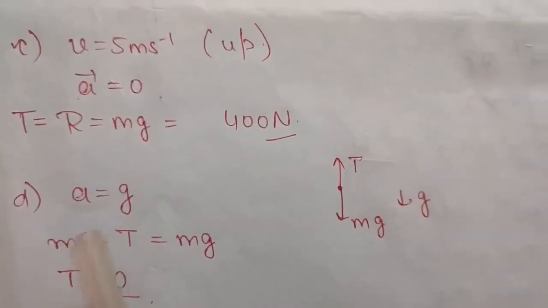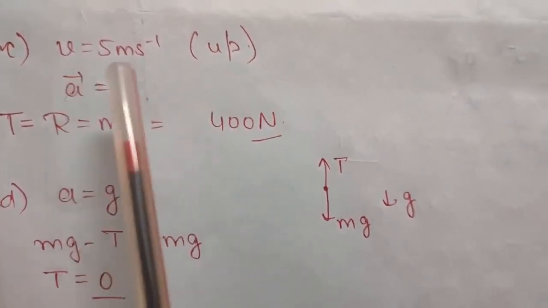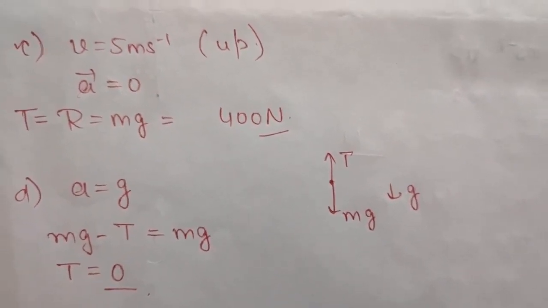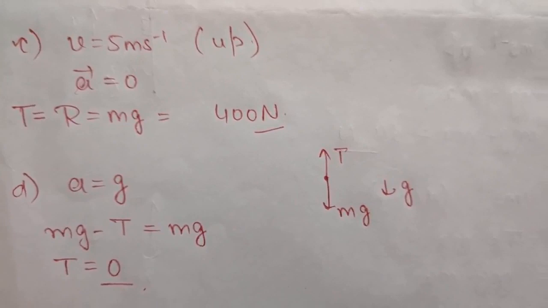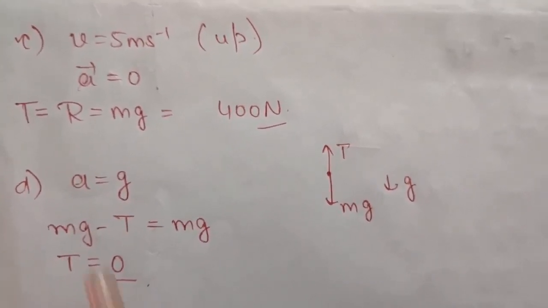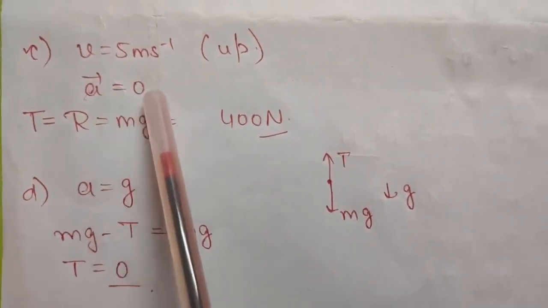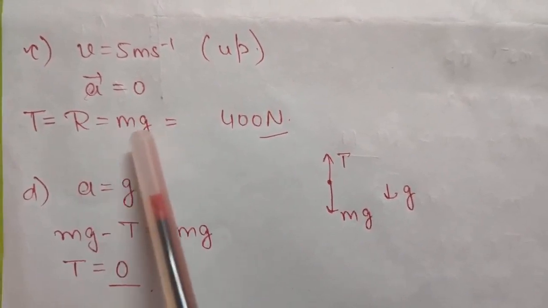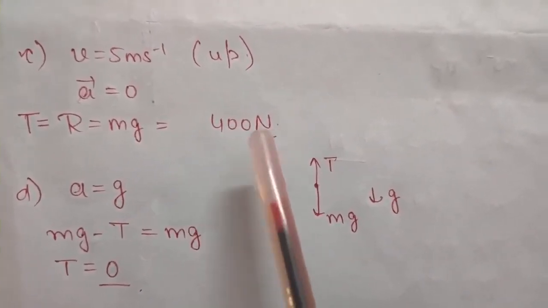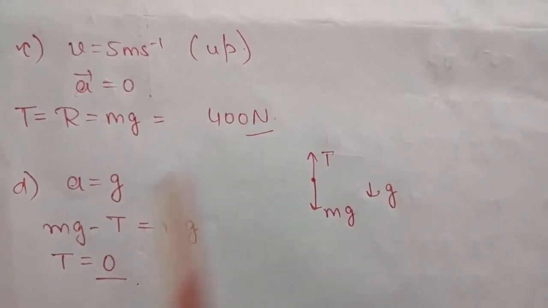For the C part, the monkey is moving with a uniform speed in the upward direction with a speed of 5 meters per second. See, the magnitude of the speed is uniform and it is going in the up direction only. That means the direction is also the same. So we can say the velocity remains constant and therefore acceleration will come to be 0. If acceleration is 0, that means T will be equal to mg only, and mg is nothing but 400 Newton. Again this is less than the bearable tension, so the rope will also not break in this case.